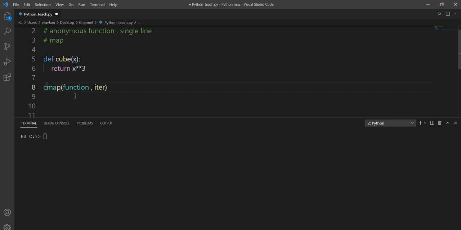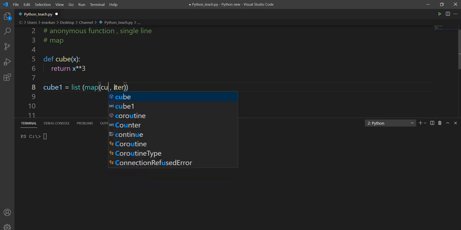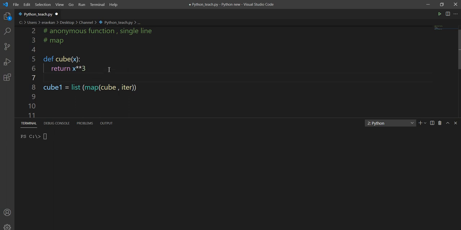Now you need to create a list, cube1 equal to list; list is the keyword you need to use. You need to convert your map object to a list, and your function is here, cube, and the iterable can be any list.